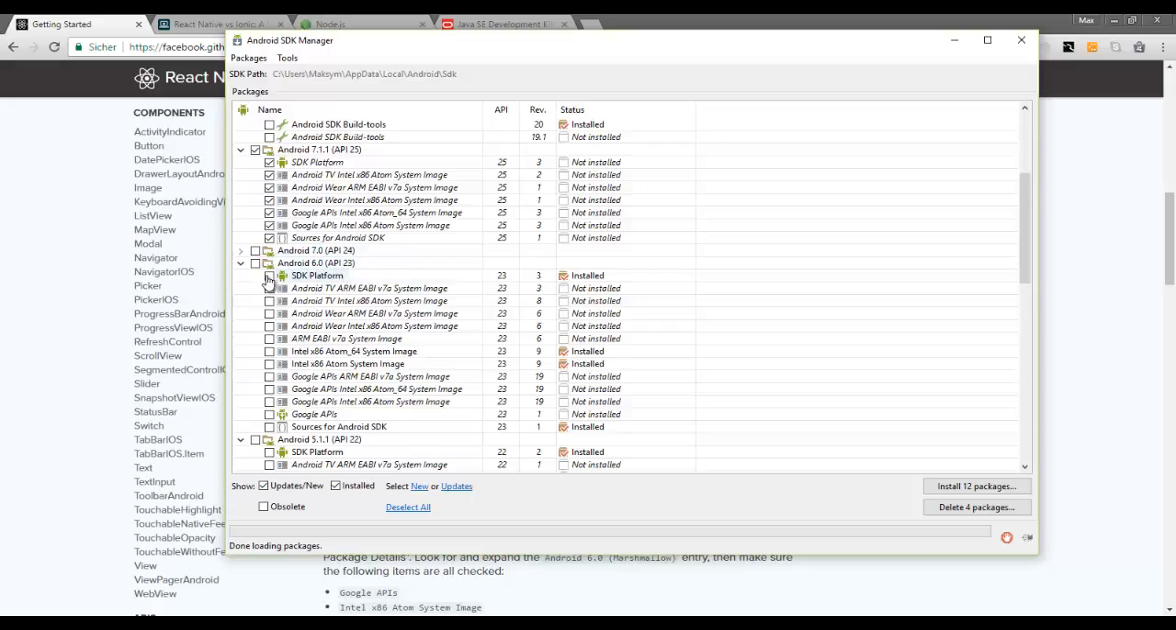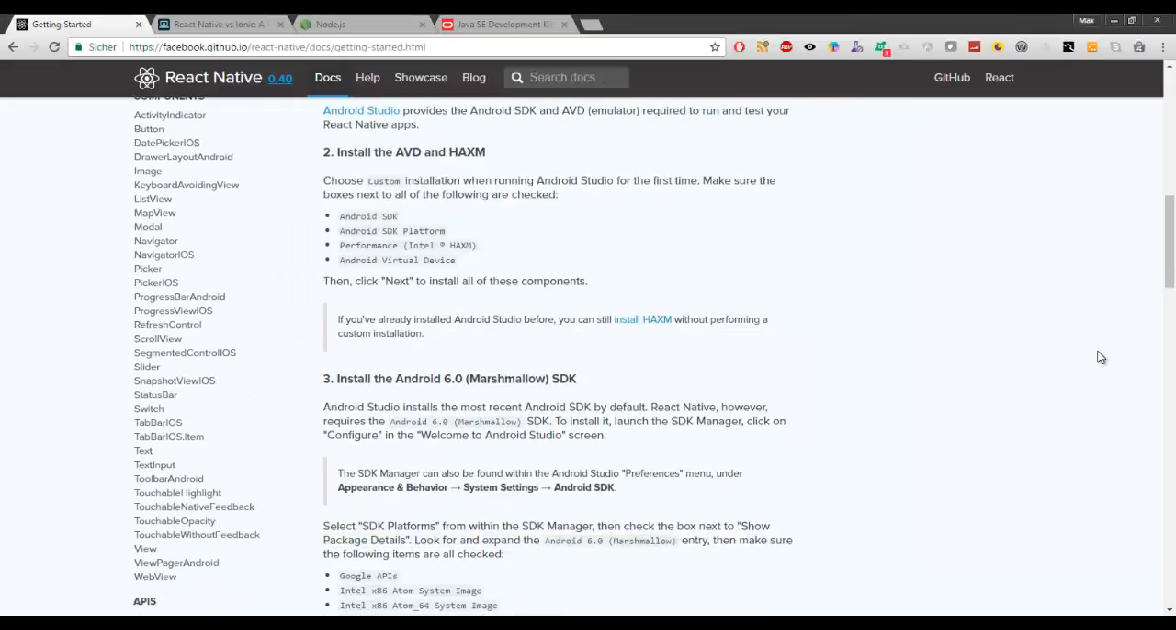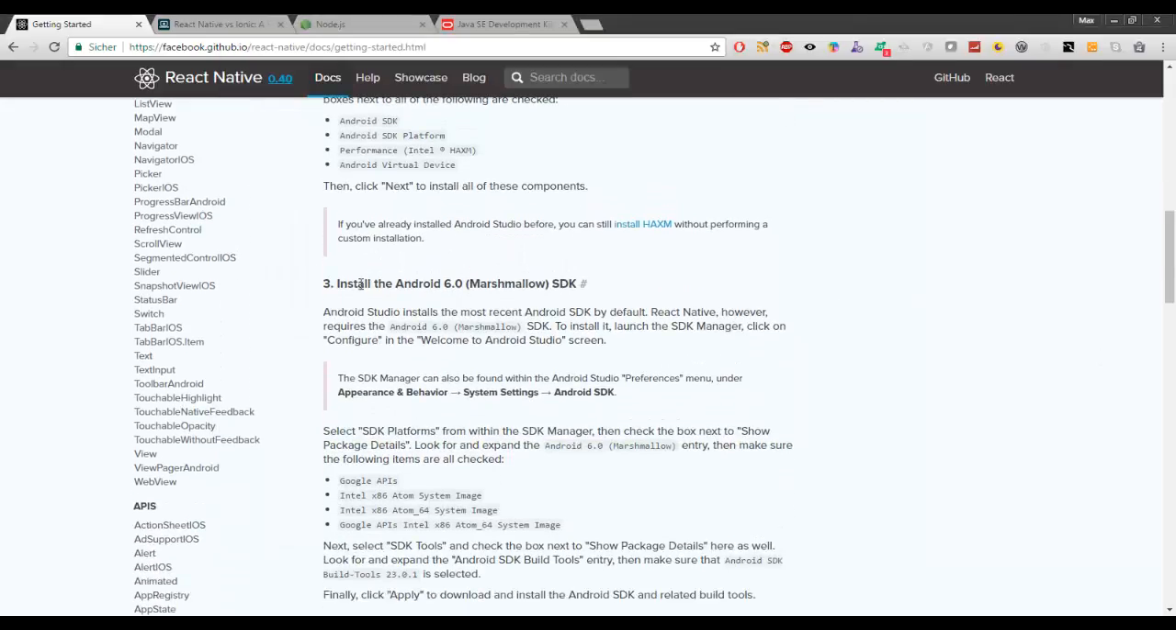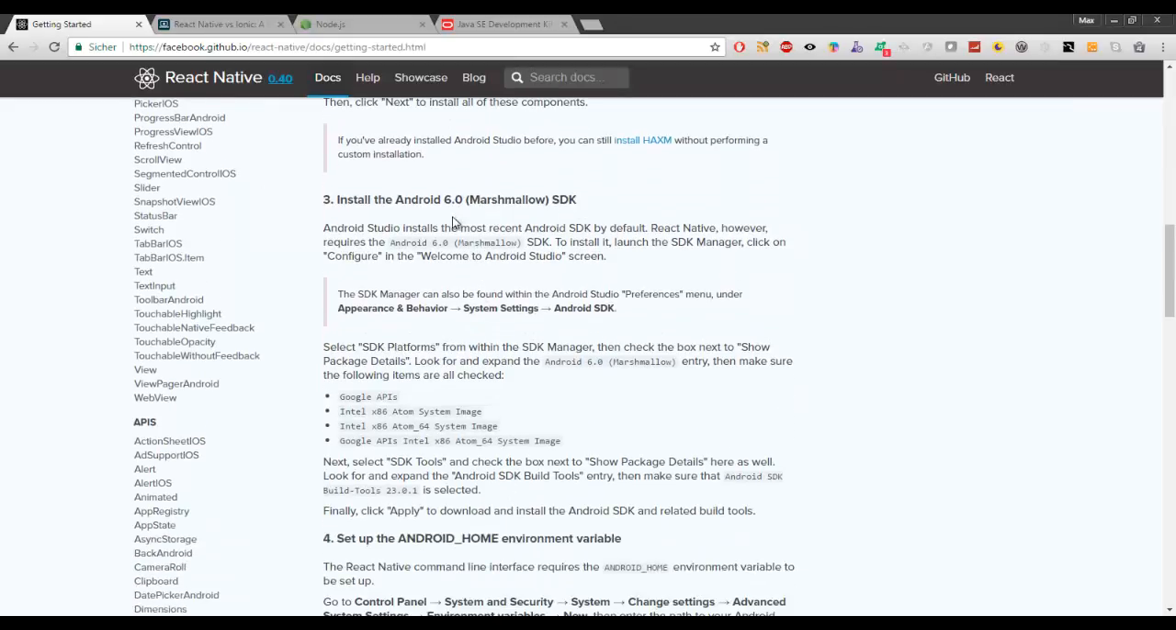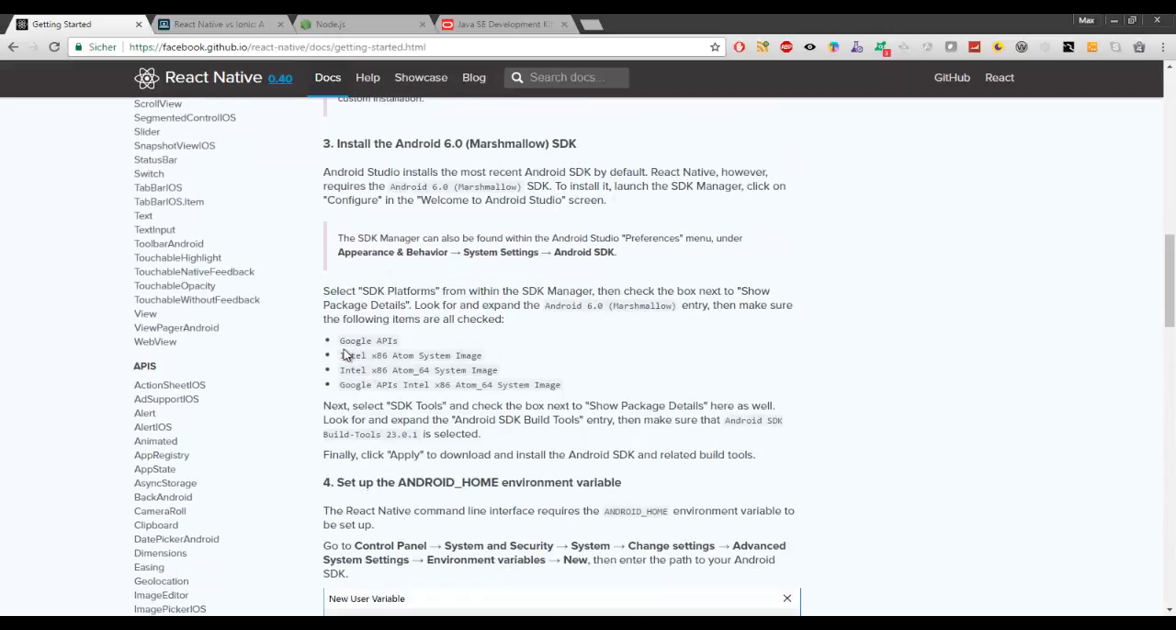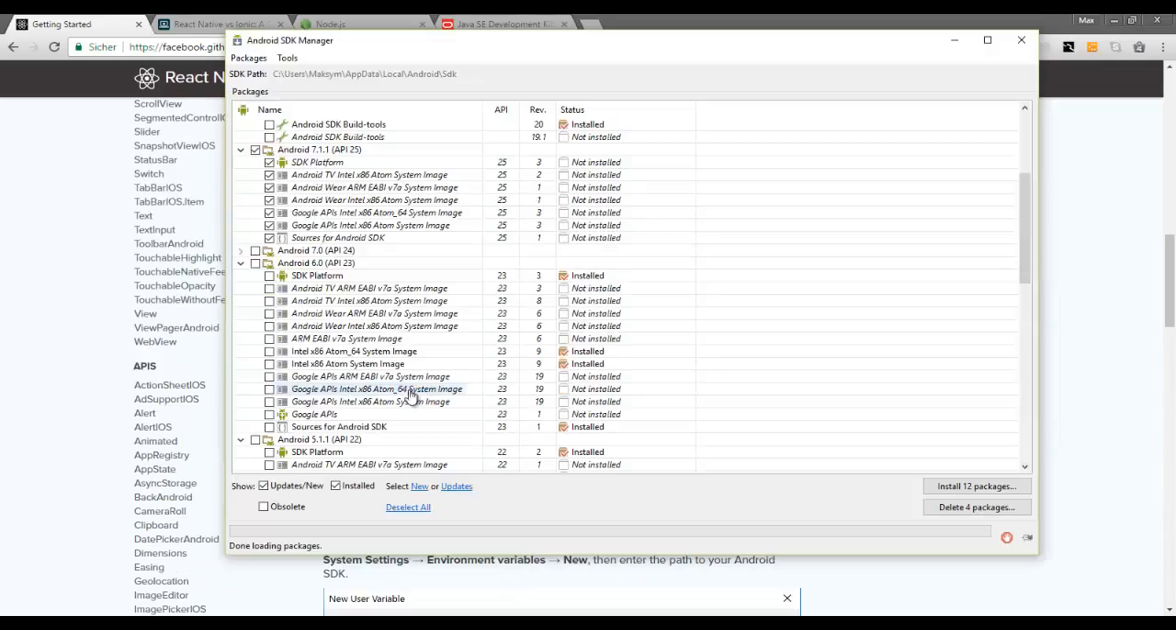So you need SDK platform, okay, but I believe this instruction will come later, as it says, install Android 6, Marshmallow SDK. Okay, exactly as it says here. So you need Google API and all these four. Basically you select SDK, you select that Intel x86 Atom, and this one exactly that it wants from us. Okay,